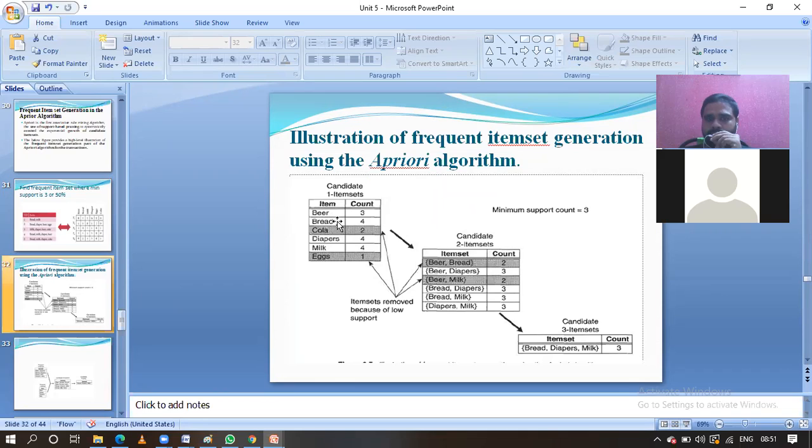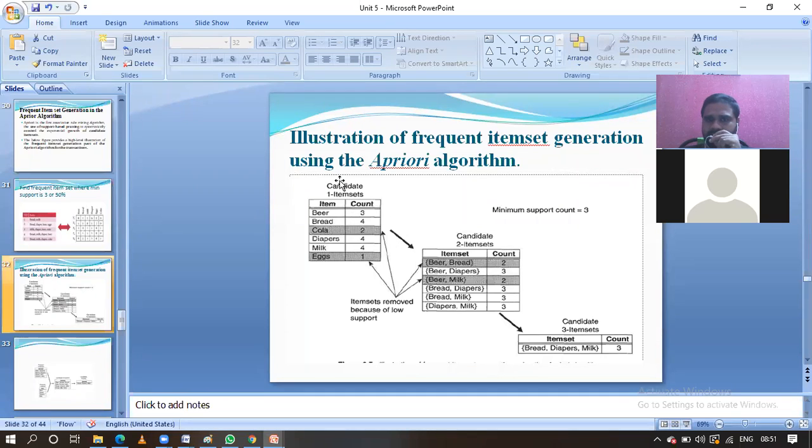How are we going to proceed? By eliminating cola and X. If you observe, guys, these two are infrequent, so they cannot be available in the candidate 2 item set and candidate 3 item sets also. This is the second principle. What is the second principle, guys? If any item set is infrequent, all its supersets must be infrequent. Based on this, cola and X are infrequent, so we are not going to use them in the next candidate 2 or candidate 3 item sets, guys.